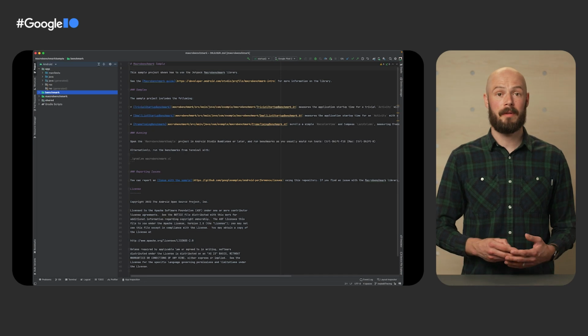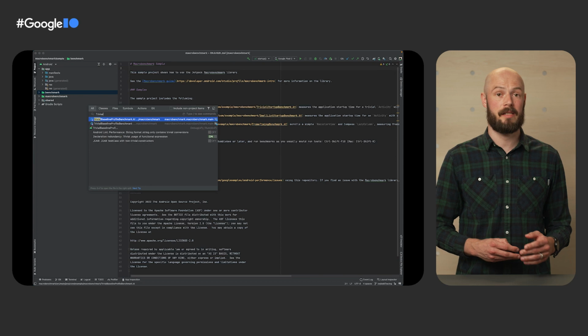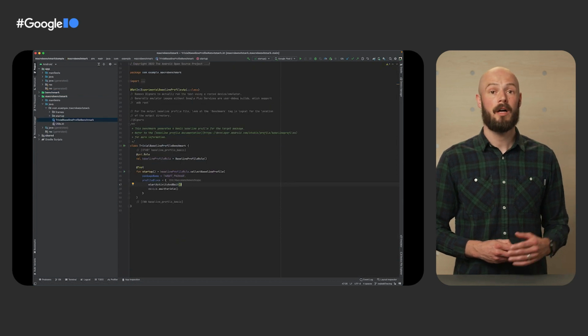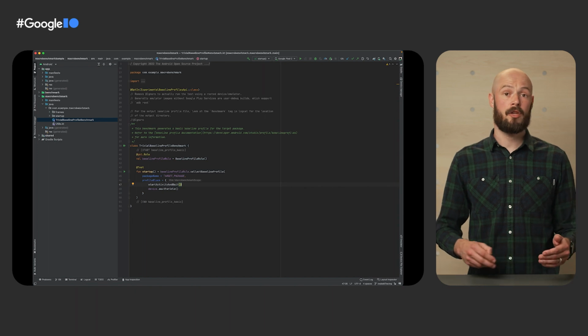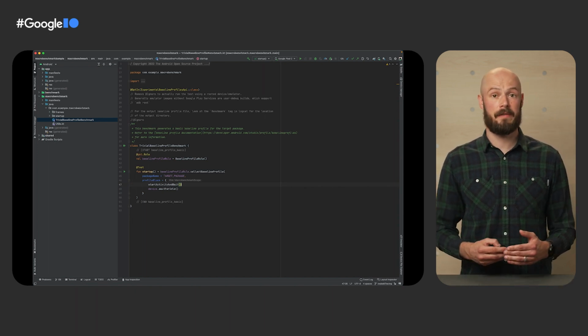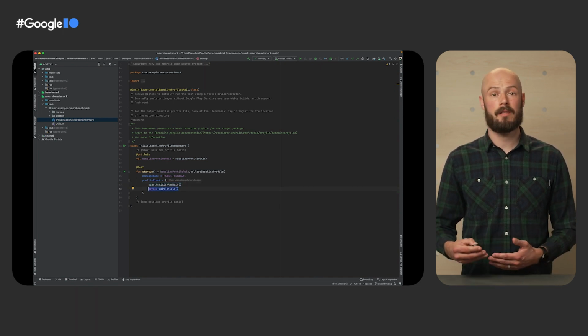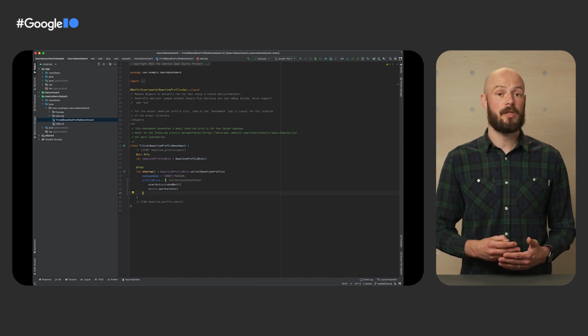The macro benchmark sample on GitHub also hosts this trivial baseline profile generator class. It uses the baseline profile rule to generate a baseline profile from the app under test, which is passed in using the package name parameter. This generator only starts the launcher activity and then waits for the device to be idle. But you could also start scrolling through a list or click on your primary call to action to provide a more complete picture of what users are doing immediately after the app has launched.